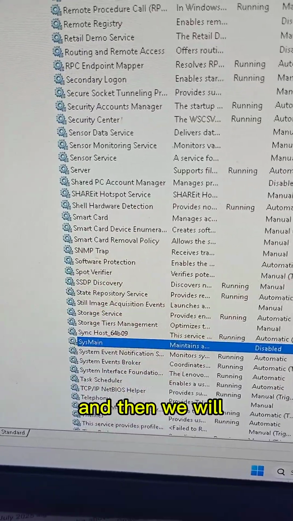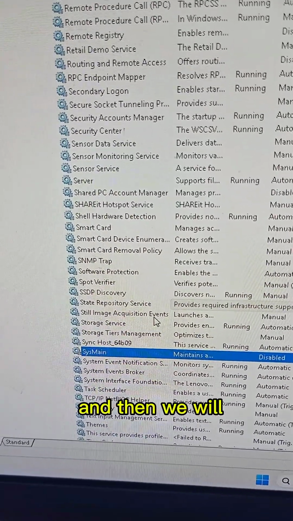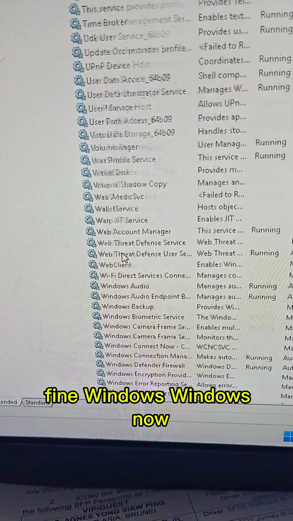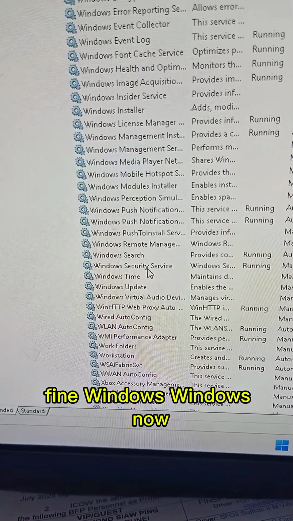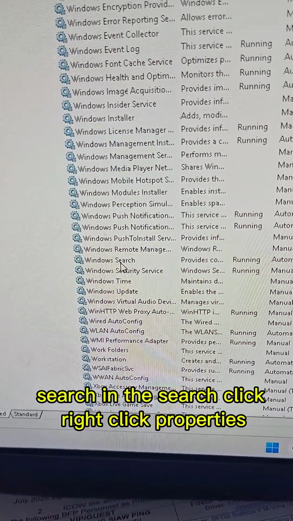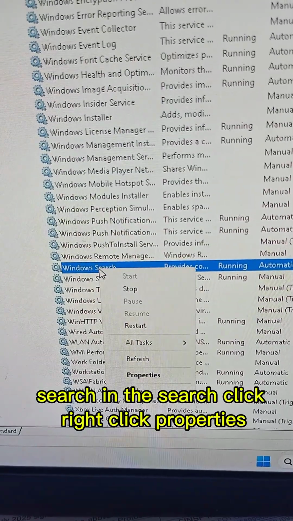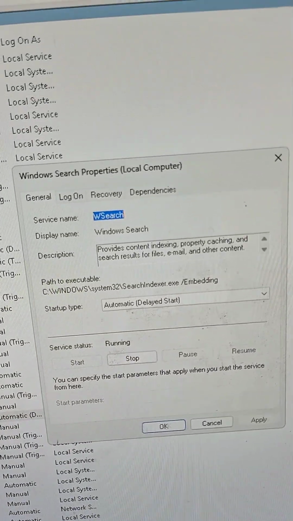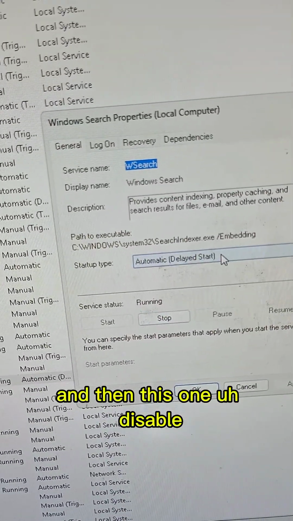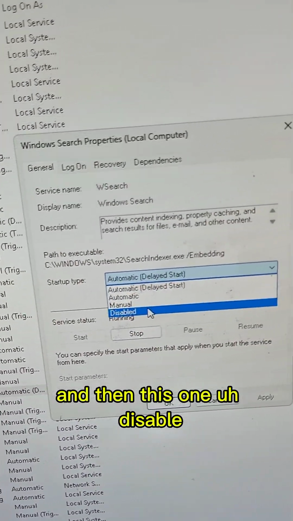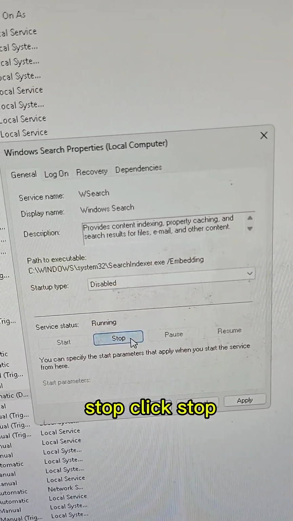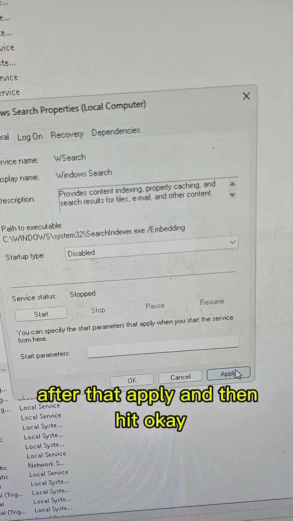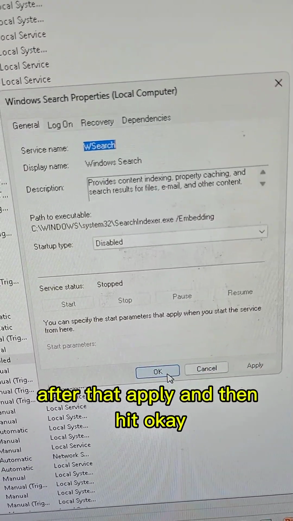And then we will find Windows Search. Right click, properties, and then disable, click stop. After that, apply, and then hit OK.